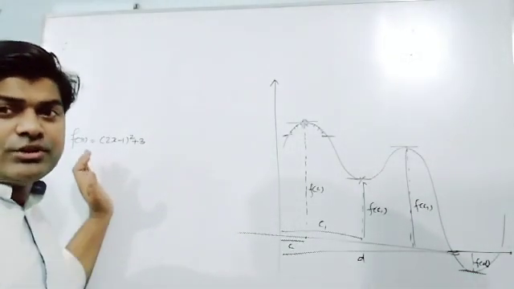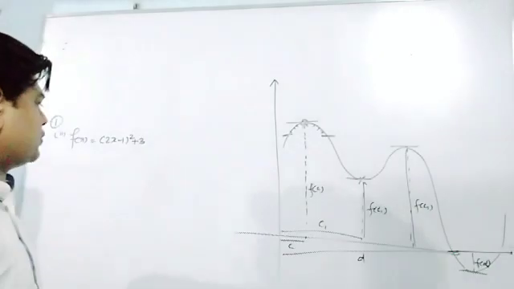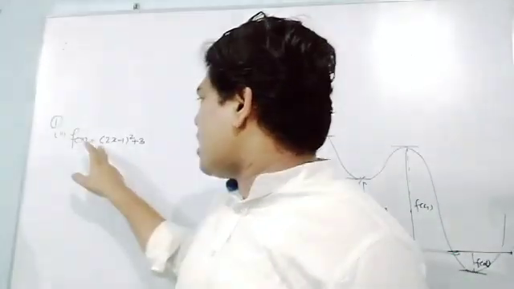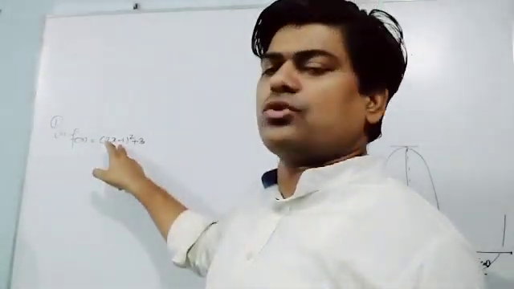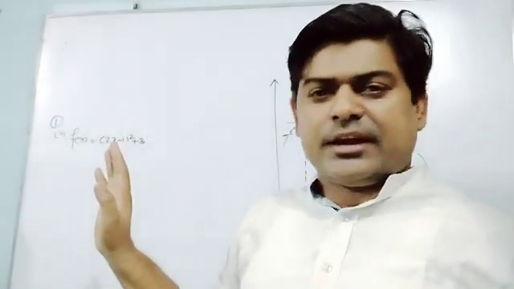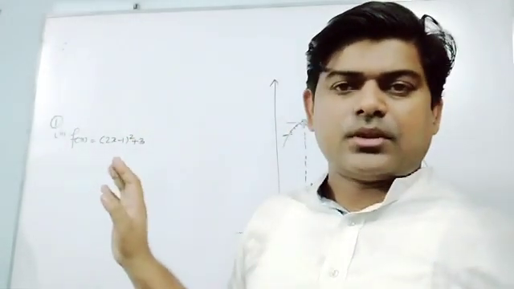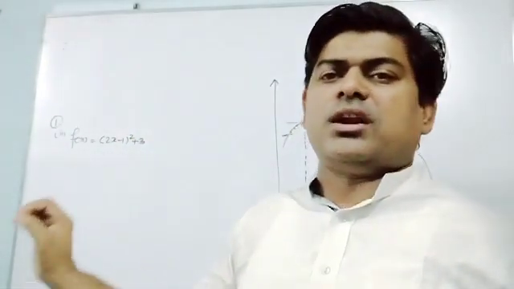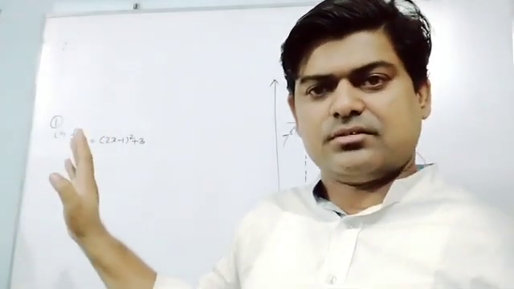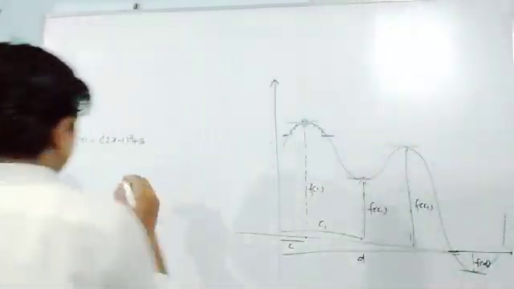So maximum value is not defined. But one more thing I want to tell you, I know very well the minimum value of (2x minus 1) the whole square is 0, but it cannot be less than 0. It will never be less than 0 for any value of x which is real. So what can I say?